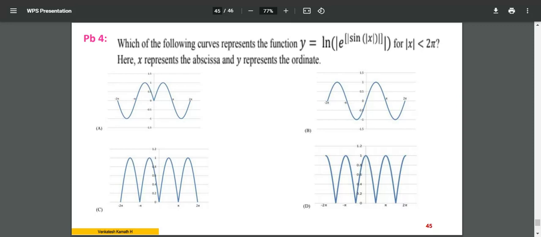In the first graph, from the y-axis point of view, you have values above 0 as well as below 0, positive y-axis and negative y-axis. In the second graph, also you have positive and negative y-axis. In graphs 3 and 4, both graphs are on the positive side, no negative values. In the third graph, you observe, okay, 1 second, I'll zoom in a little bit if possible.